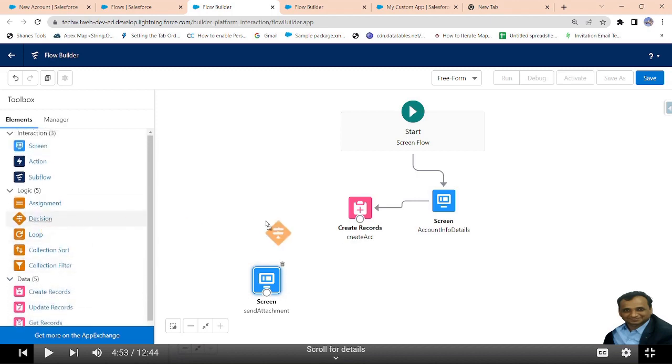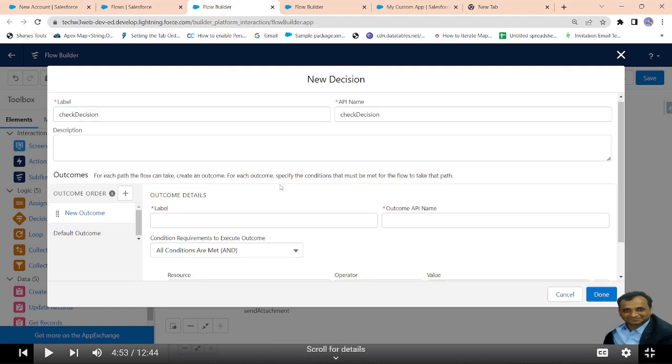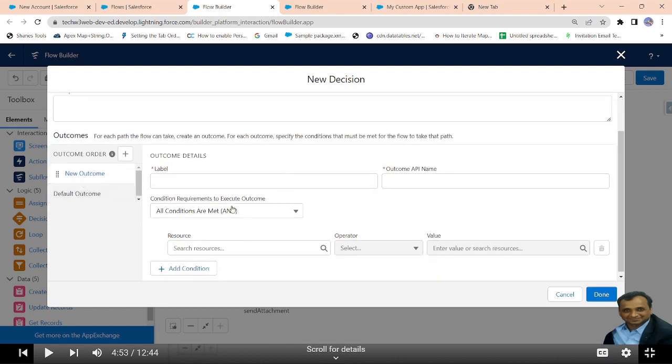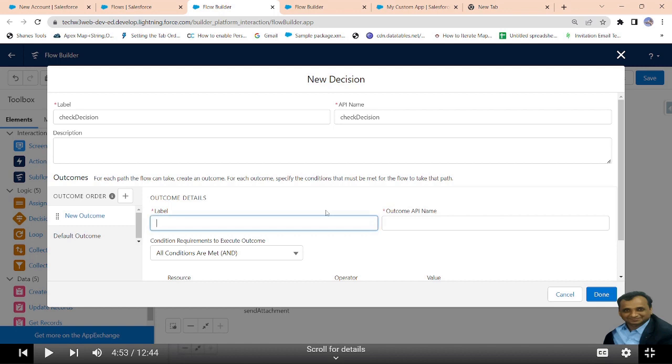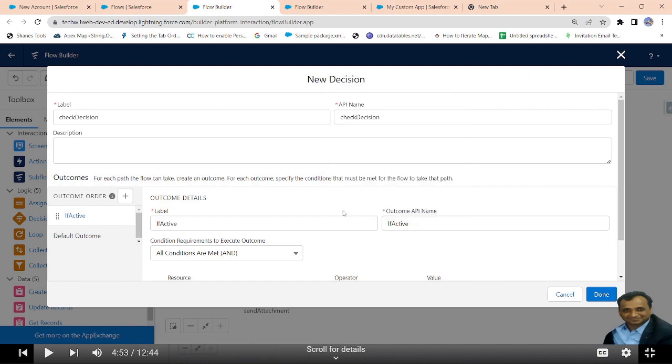So there is a decision, Check Decision. In the outcome, there are two outcomes. First outcome, if active, yes.